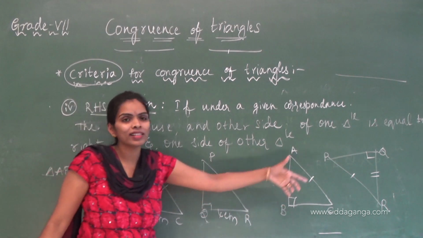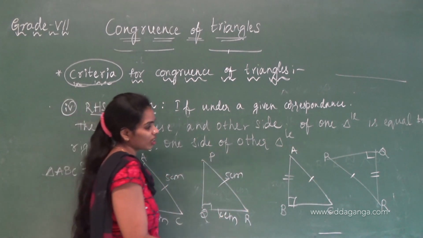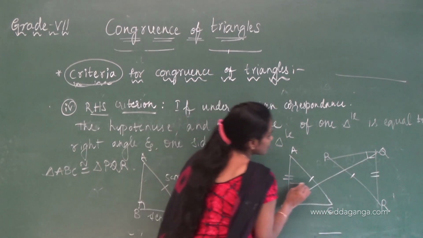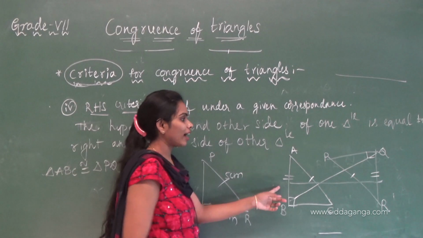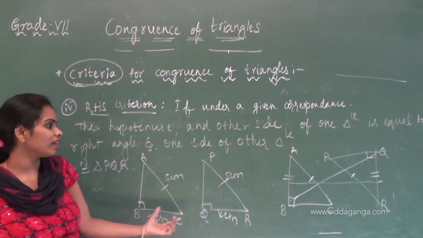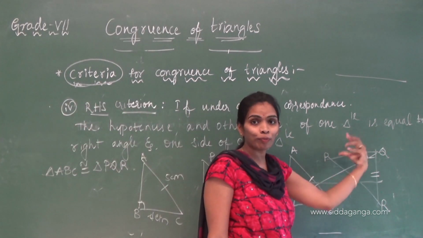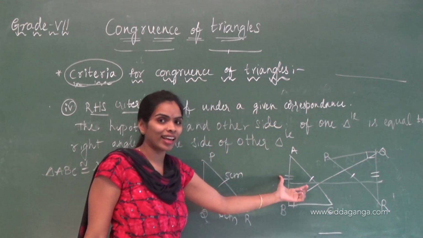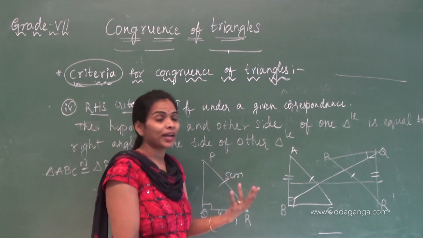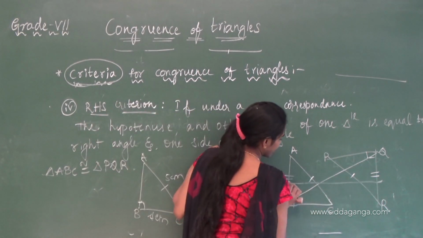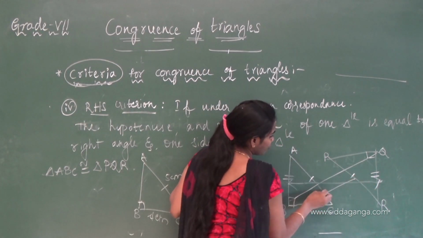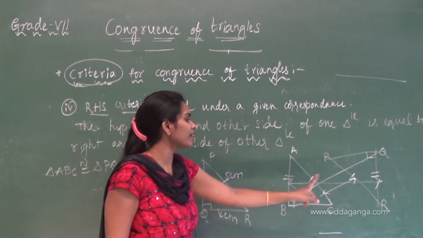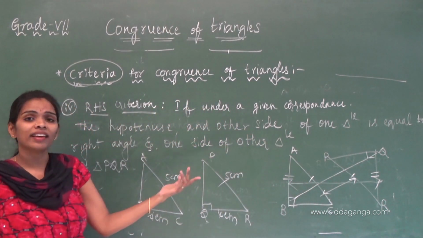If the triangles are placed like this, we have to check whether it is having a right angle or not. This is having a right angle, and this height equals here, base equals here, height equals here. If you flip or turn this triangle two times, we will get the triangle like this only. Then you can write, I am taking here like this only, hypotenuse with hypotenuse, right angle, hypotenuse, and then the other side, height again.